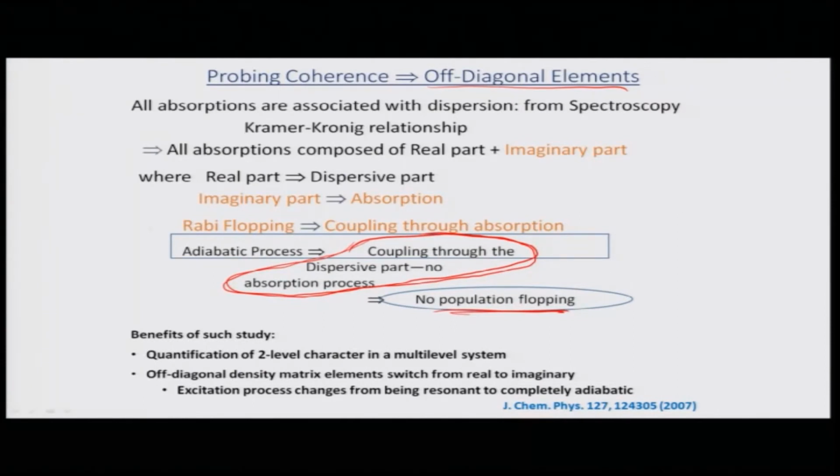Whereas, in case of the resonant interaction or absorption, Rabi flopping occurs because the coupling is through absorption. So, the benefits of such understanding of theoretical models and study is the fact that we can quantify the two-level character in a multi-level system, which is very important. It is almost like saying that we are tracing out the density matrix to get the information about the rest of the system. Off diagonal asymmetric elements switch from real to imaginary, and the excited process changes from being resonant